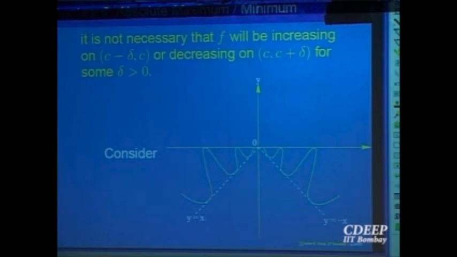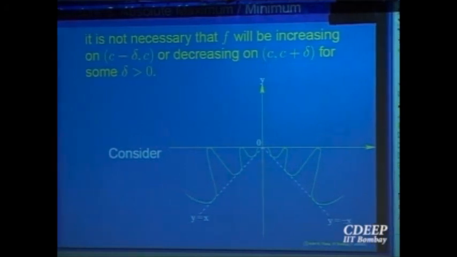But look at the neighborhood of this point 0. Can you say the function is increasing on the left of it? For every point close to 0, the function touches the line y equal to x and also touches the x-axis, as close as you want. It goes up and down, as close to 0 as you want. Close to 0, it takes both the value 0 as well as a negative value. Same on the right side, as close as you want.